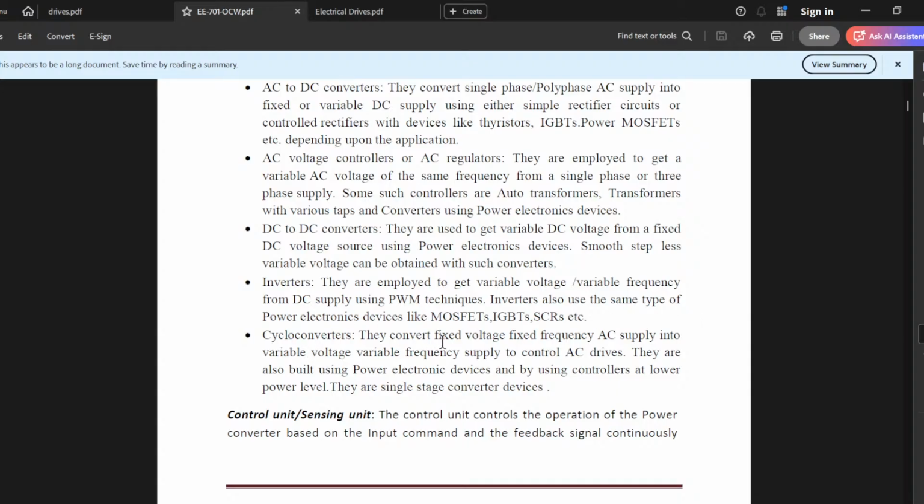Cycloconverters. They convert fixed voltage, fixed frequency AC into variable voltage, variable frequency AC. So this means cyclo, con, and above we have inverters. Okay, so inverters change DC to AC, and cycloconverters, what they do is, for example, you're getting fixed voltage, 240 volt,